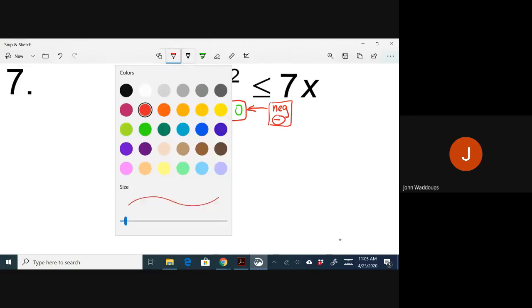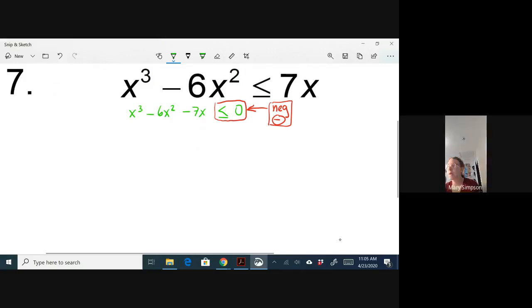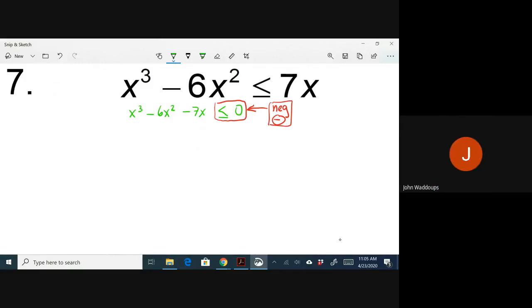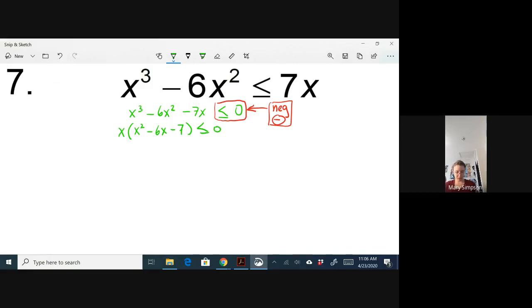So what do all of these have in common? x cubed, minus 6x squared, and minus 7x. They all have an x, so we can factor out an x. That would give us x times x squared minus 6x minus 7. Now we can take the trinomial we've got as a result, x squared minus 6x minus 7, and factor it. So we've got x times